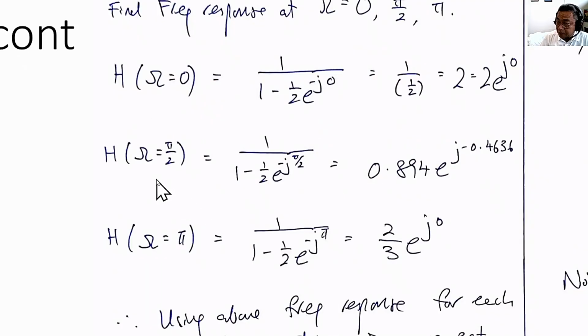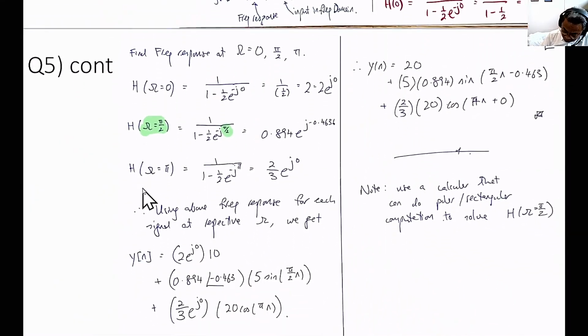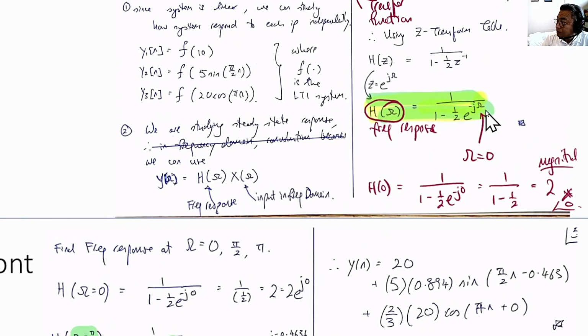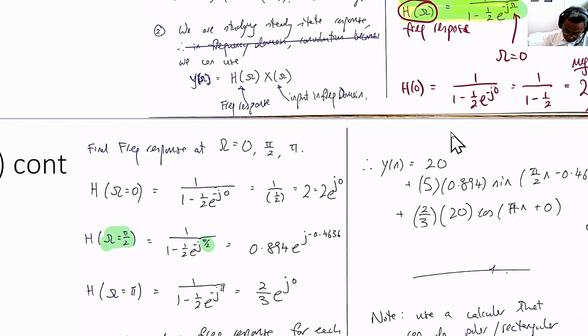So let's go to the equation. Basically we are going to use this equation now, with omega equals pi over 2. We substitute pi over 2 into H of omega, here in the green. We work out this ratio of 1 divided by 1 minus half e to the minus j pi over 2, and we get a rectangular number which we need to convert into polar notation. In the polar notation, the gain is 0.894 and the phase shift is minus